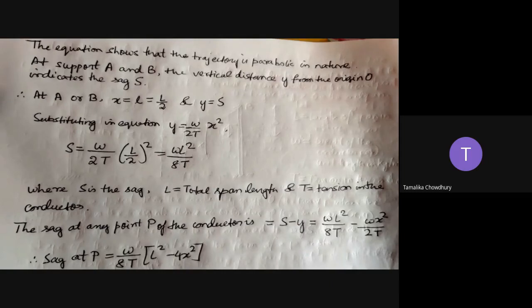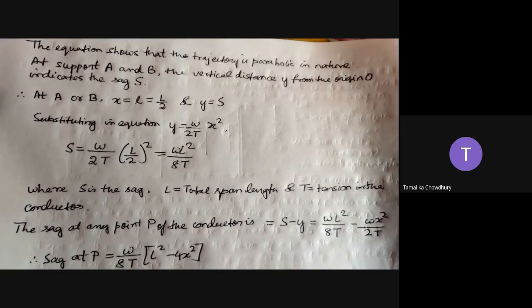Anyone else want to answer? Okay, hills and mountains are correct. Apart from that, in case of rivers or river crossings, the sag is not always at an equal level. Because when the transmission is running, the river is in a slope condition. Then also in the river crossings, it may happen. It may not happen also, but it may happen. The sags are at unequal levels.